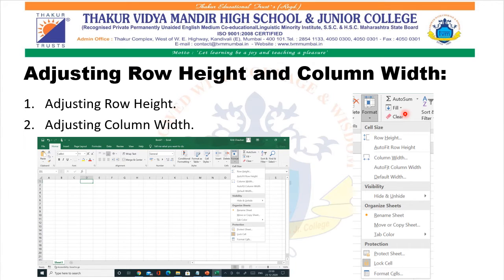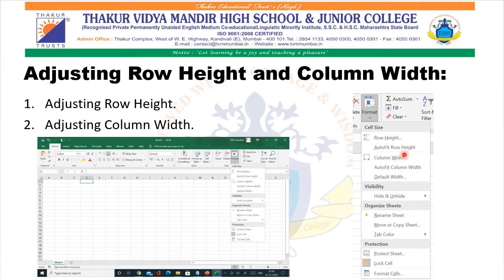The second way to adjust the row height is to go to the Home tab. In the Home tab there is a Cells group. In the Cells group there is a Format icon. Click on that Format icon. You can see here in the image: Row Height, AutoFit Row Height, Column Width, AutoFit Column Width.